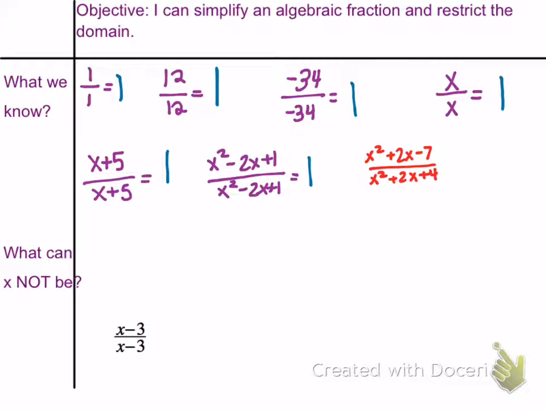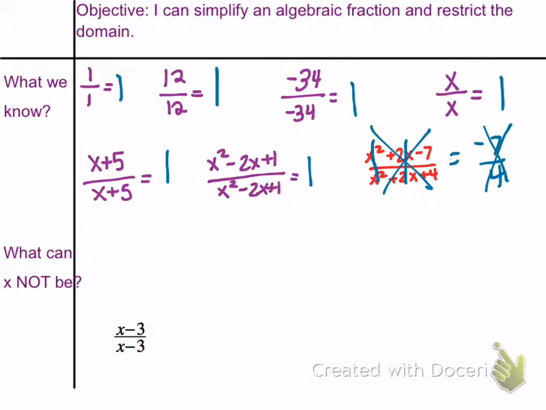For example, here, a common mistake that students want to make is they want to say that x squared over x squared is 1, and 2x over 2x is 1, and say that this equals negative 7 over 4. But you can't do that. Okay, the only time this works is when things are separated by multiplication, not separated by addition and subtraction. So that's a big no-no, you can't do that. And what we're going to see is that we have to use a lot of factoring to get things separated by multiplication instead. Okay, and you'll see that come up. But please, please, please don't make that mistake where you cross out the x squareds and the 2x's like that. If they are touching a plus and a minus on the sides, then you can't cross those out. Okay? Now,